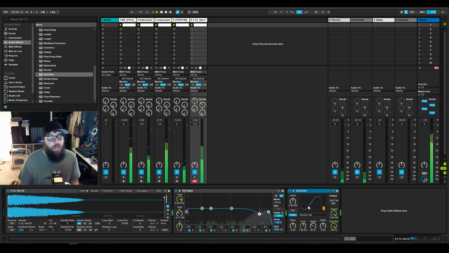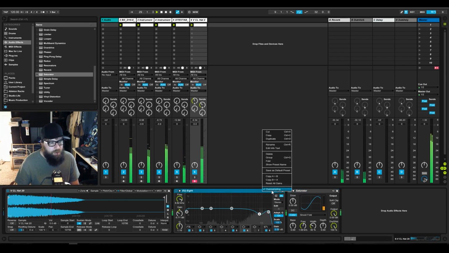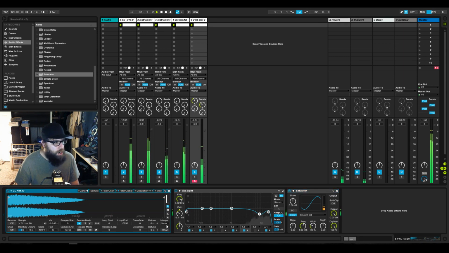Tweak it from there. So you can make all your changes, and you can right click on it and go save as default preset. What that will do is save whatever your settings are as the default load-in preset. So every time you load that plugin in Ableton, and this is for Ableton specific voices, it will always be like that. Always make sure you turn high quality mode on, where you can maybe call it oversampling, call it high quality. This doesn't have anything, but interpolation is kind of high quality. I tend to leave it on normal because I like a little bit of artifacts and digital mess and aliasing.